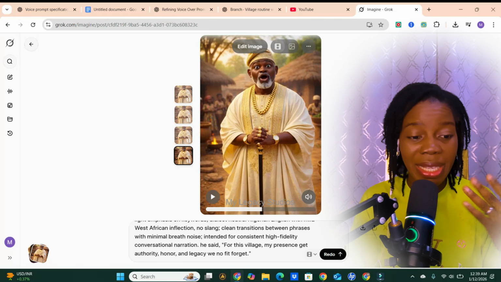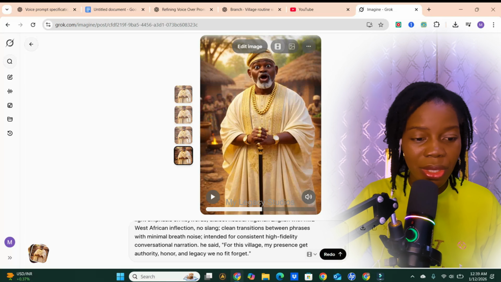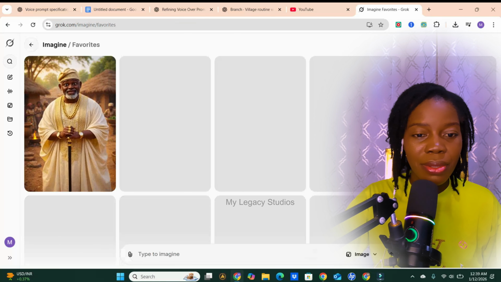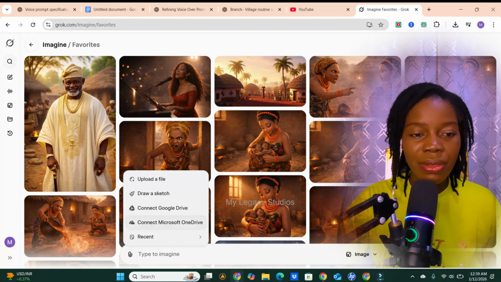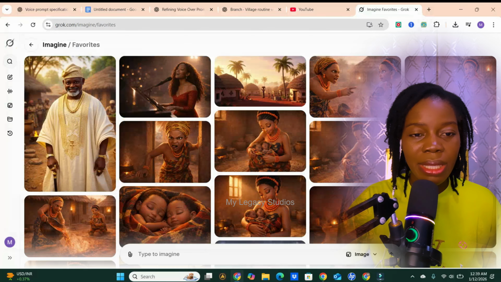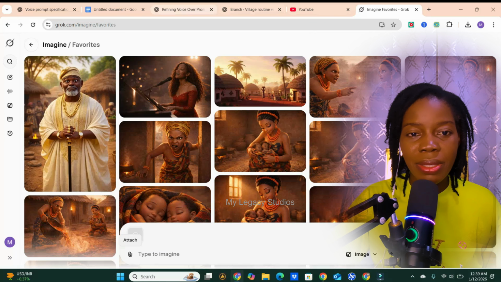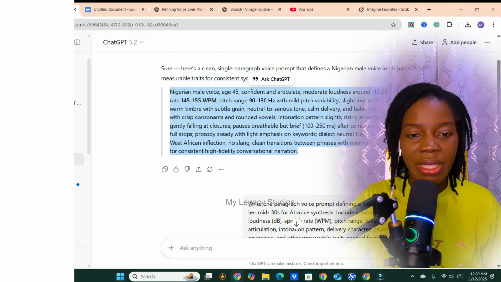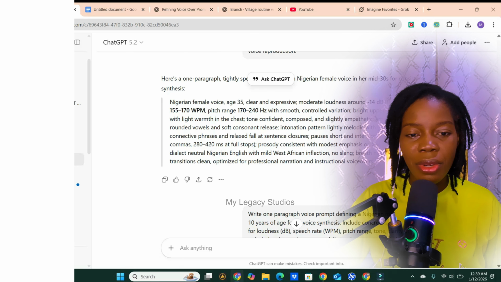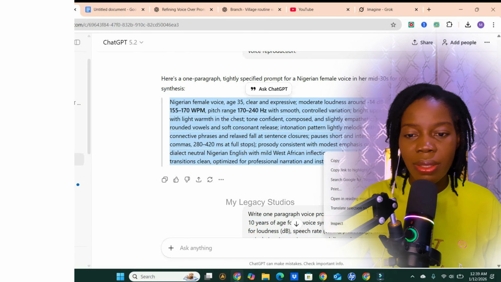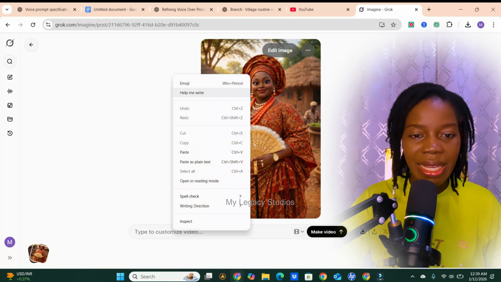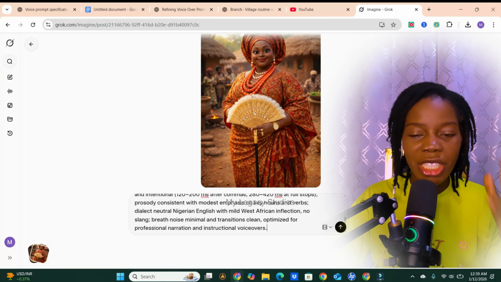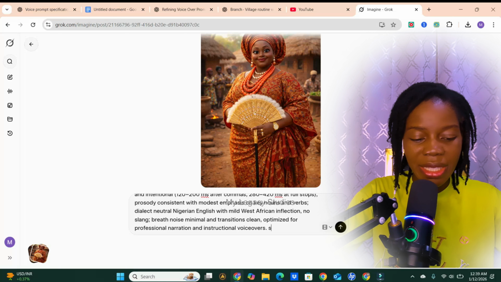Now we're going to try our second character to see how the voice will sound. Okay, so now let's go back, click on the attach button again, then click on upload file, then import the woman here. Now let's go back to the prompt ChatGPT provided and copy the woman's voice prompt. So this is what we are using for this woman. I'm going to copy it like this and then go back to Grok and enter this prompt here. Now she needs to say something, so we're going to write she said,